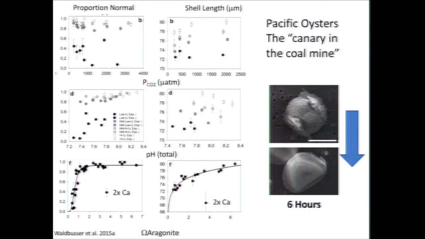Oh, and then finally, we wanted to check on this calcium addition. So we actually added calcium at supersaturation. And this is what you get if you add too much calcium to the water. So the inference that adding the calcium didn't make saturation state important was problematic because they never did a control at a high saturation state. So it turns out that too much calcium is bad for organisms, which isn't surprising, given the role it plays in